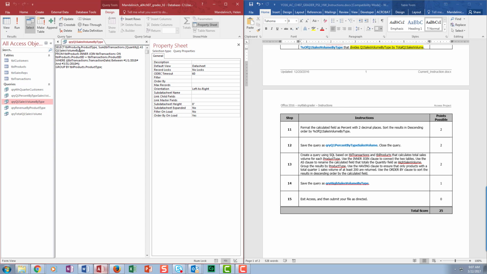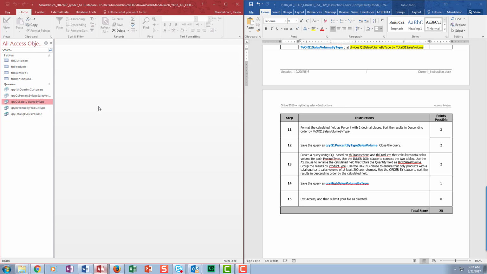Now here we're doing an inner join. So let me just take a minute to talk about what a join is. By default, Access uses an inner join when you have queries with more than one table that have a